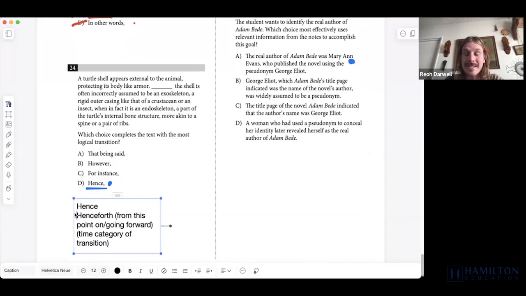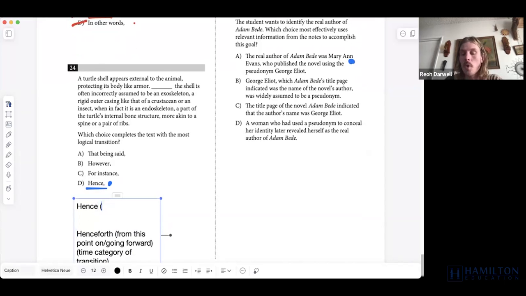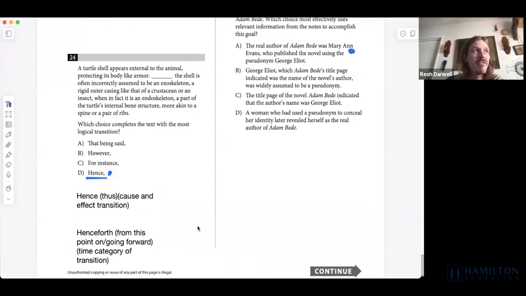All right. Hence is different. Hence is more related to thus. This is a cause and effect type transition. Okay. So these are two very different types of transitions, two very different use cases of transitions, even though they both sound very similar because the beginning of each word is the same. All right. So hence or thus would be very